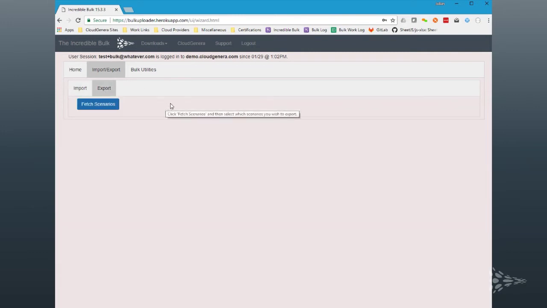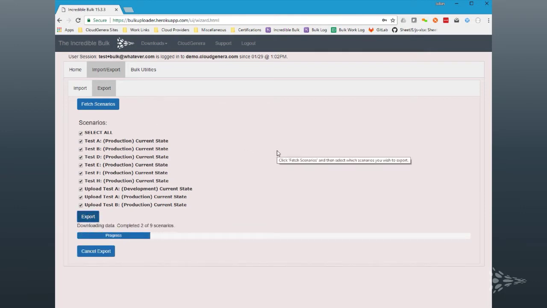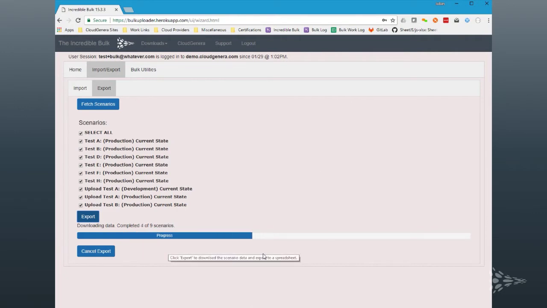So for export, you click on that export sub-tab, click on fetch scenarios, and here you'll see the list of candidates and scenarios that you have in your account. And you have the option of selecting all of the scenarios if you want to export everything. If you're only interested in exporting one or more specific scenarios, you can simply check those boxes and get that data. In this example, we'll select all and very simply press the export button,